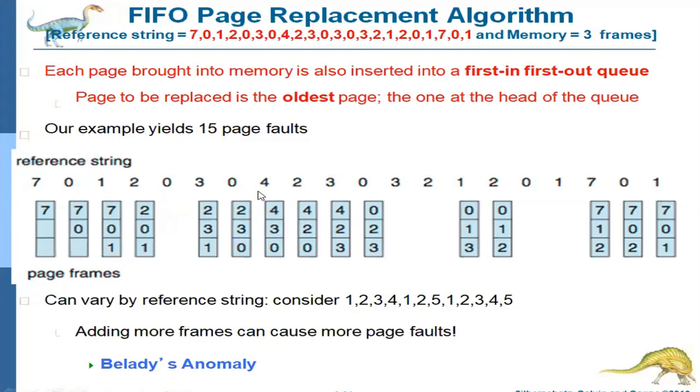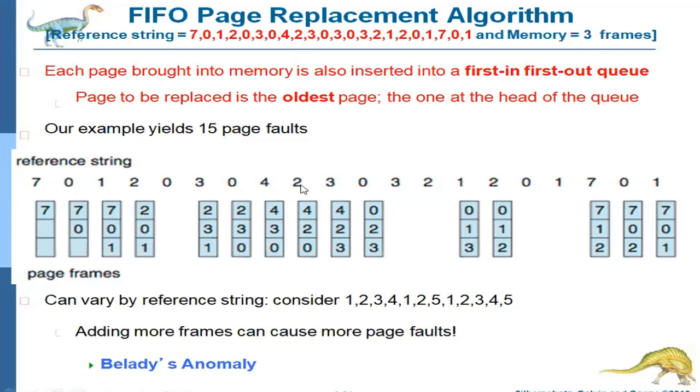The next page is 2, 3, 0. So next 4 you can place for execution. But 4 is not in main memory, then page fault will occur. So if the required page is not in memory, automatically page fault will occur. Page fault occurring means we can replace any one of the pages. Which page can you replace? Here 2, 3, 0. Which one is the oldest? 2 is the oldest, right? So instead of 2, you have to replace with the value 4. That means 4, 3, 0.